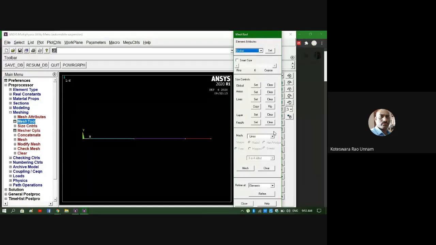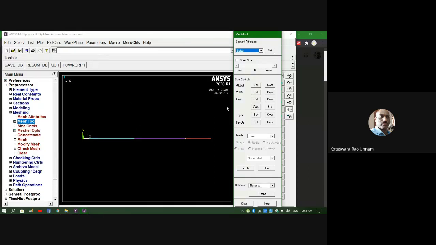Using the second portion you can convert the geometry into FE model. The first portion is to specify how many elements you require, and the second one is to convert the geometry into FE model. So now coming to our problem, we had initially taken that we should have 200 elements in the model. So this entire 10-meter span I need to divide into 200 elements. So what is the length of each element? 10 by 200, right? So what is 10 by 200?